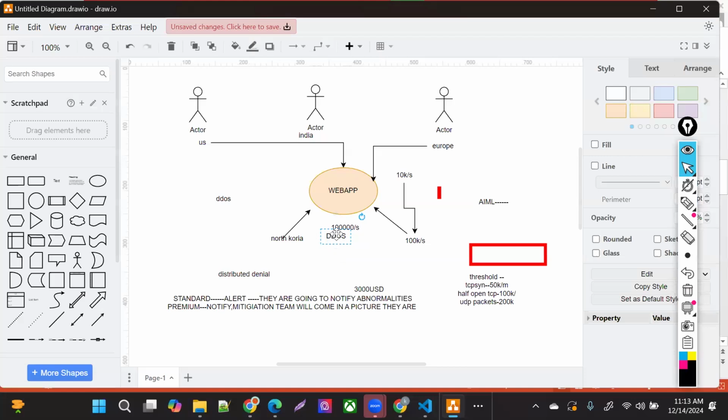And my logging and monitoring was also in place. But still, the DDoS protection did not come into the picture. How did I get to know that a DDoS was happening? Because my application started showing latency.